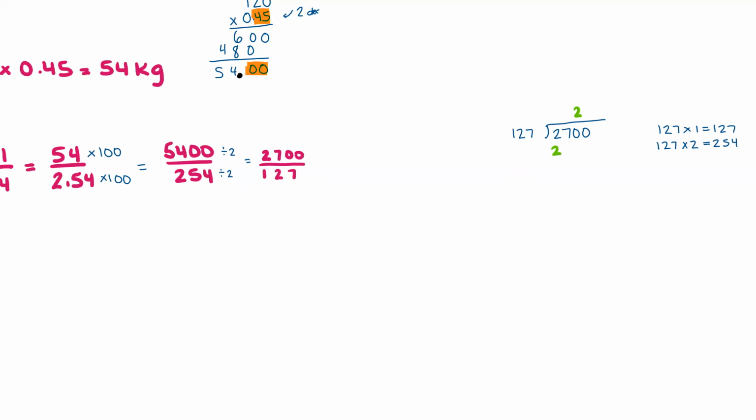So that was 254. Subtract. So now 270 minus 254 is 16. We'll bring that 0 down. So how many times does 127 go into 160? Just once. And that makes 127, and we'll subtract